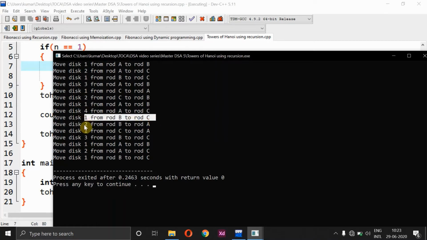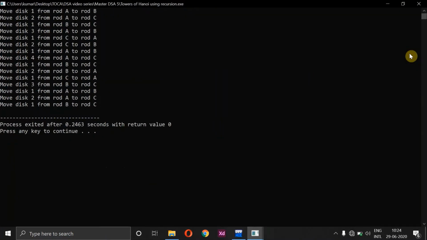After that 1 will be moved to C, then 2 will be moved to A, and 1 will be moved to A again, then 3 will be moved to C. Now upon 4 will be having the number 3, and now I have to push 1 to B, and after pushing 1 to B I'll be pushing 2 directly to C, so that I'll have 4, 3 and 2 in the last rod, followed by which I'll be pushing 1 from rod B to C, right? So now what happens is, in the last rod C I'll be having all the elements arranged in a proper order, like 1, 2, 3 and 4.